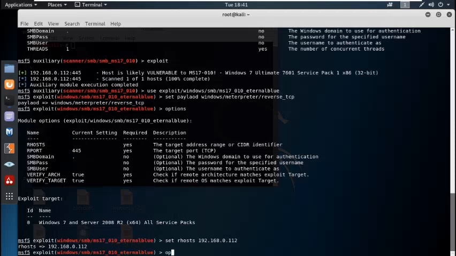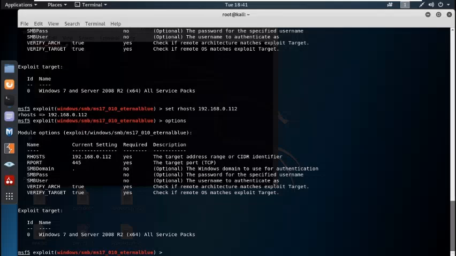Again if I type options, RHOSTS has been set. Our port is 445, the target port, and the RHOST is the target address, the victim's IP. Now if I exploit it,